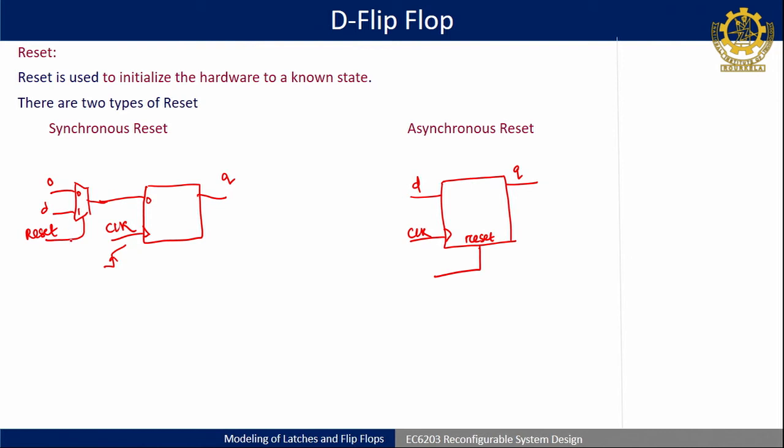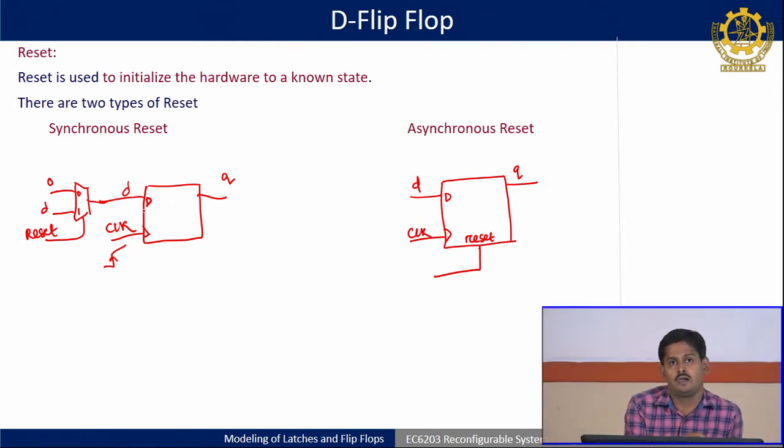Now if I make reset equal to 1 here, which is the opposite case of reset equal to 0, then D will be available here. This you can say is some other terminal, let us say the D of the D flip flop, and D is the input here. Now if reset is high, then this D is available here, and if the clock is edge triggered or positive edge triggered, then only Q will become D.